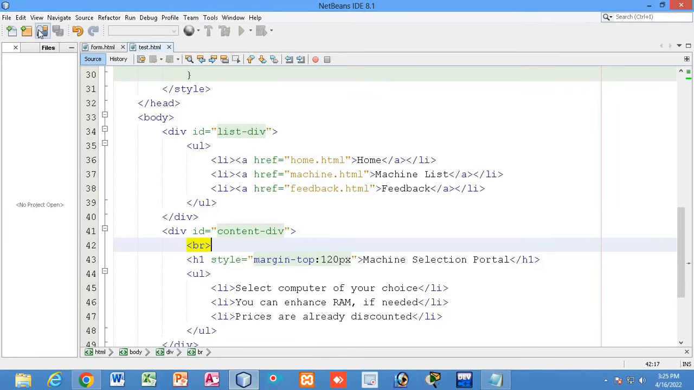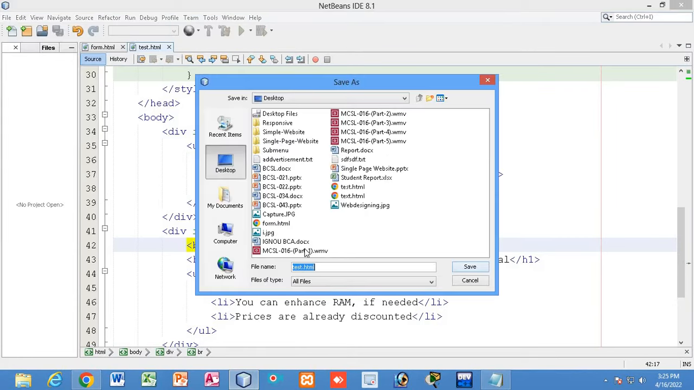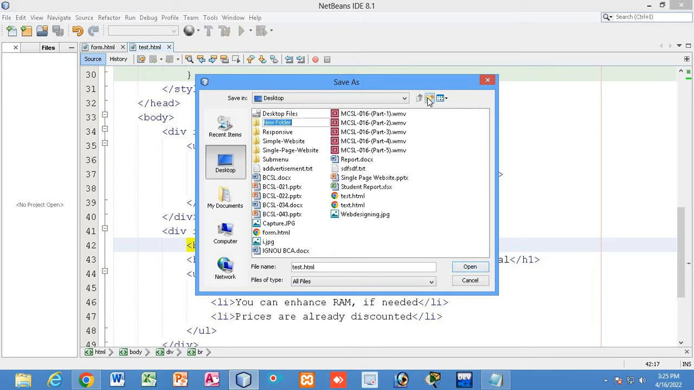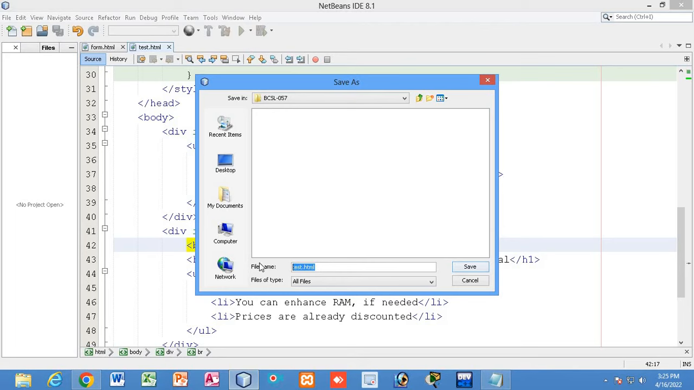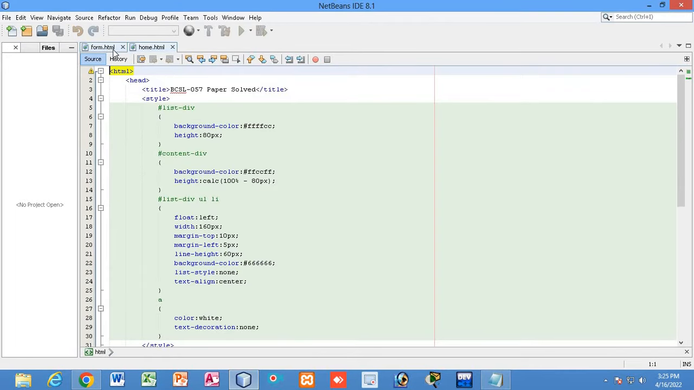So I will save the page, this page, file, save as. In the desktop I will save. I will make a folder first, new folder. In the desktop I have created a folder. Let me write BCSL 057, and inside this folder I will save this file by naming home.html, right? Now what I will be doing,